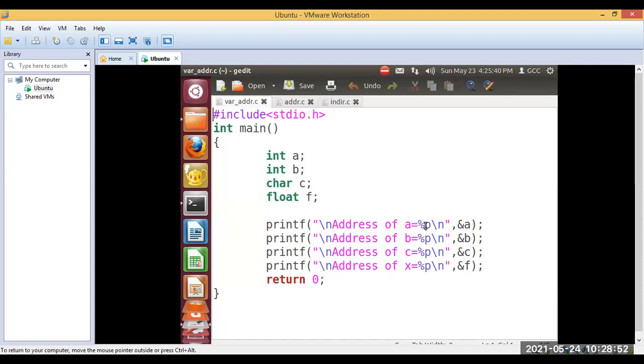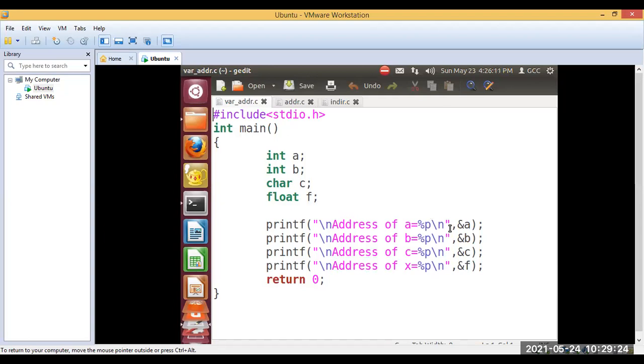You usually write format specifiers here when you need to print. Usually for integer we write %d, then for float you would write %f. What is %p then? P is specific to pointers. Yes, correct. %p is used specifically to represent pointers. If I write %d also, it is going to give me the address, but when I write %p, it will give me the hexadecimal value. So here I have written %p.